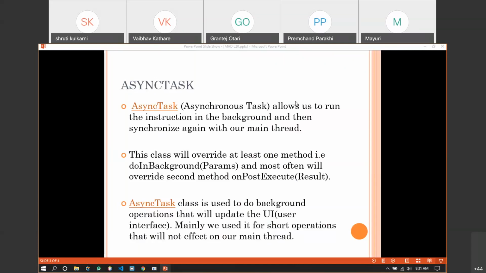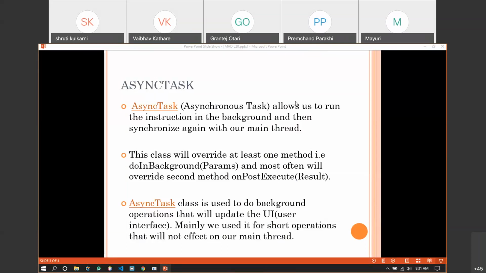If this task runs for 30 seconds, then your main thread will be stopped for 30 seconds, and the user will get the impression that the app is stuck, or will think that your app is hanging for 30 seconds.